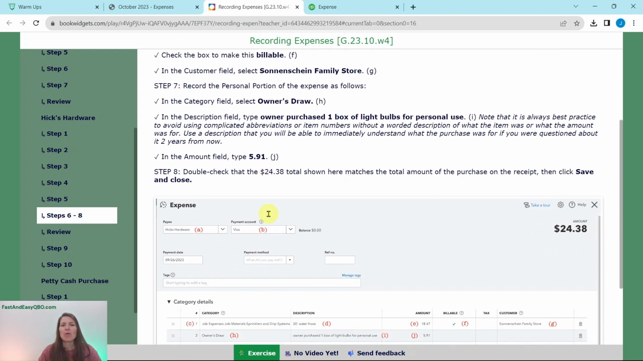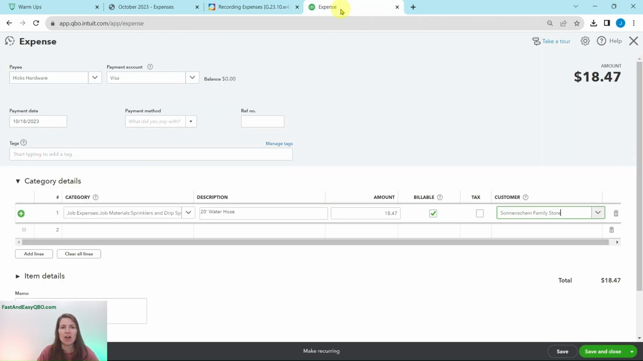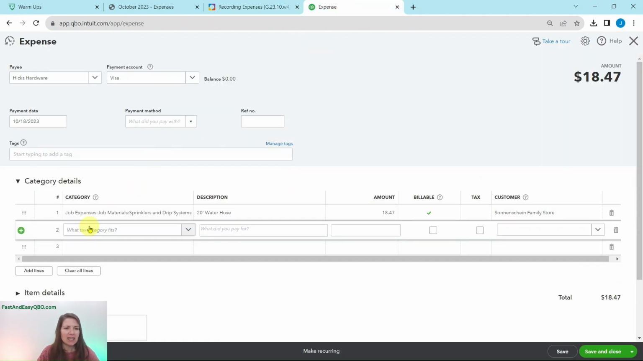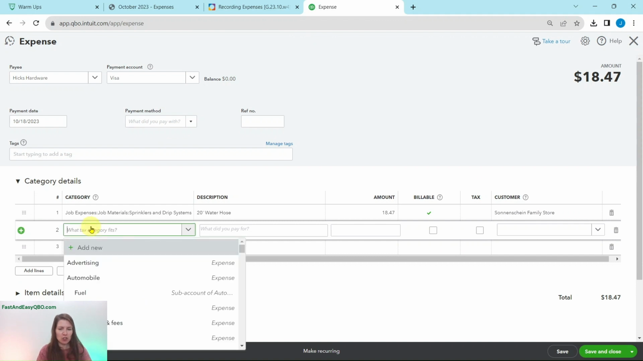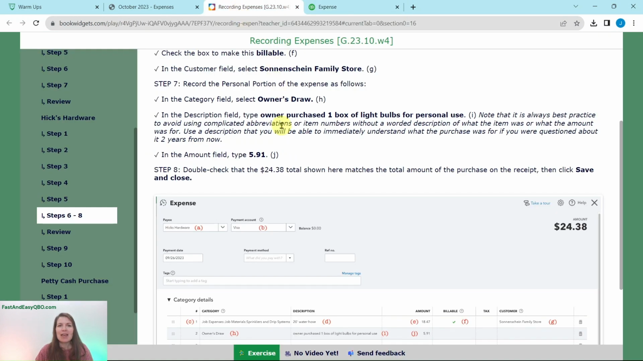And now we need to record the personal portion of the expense. So in the category field, again, on that second line, we're going to select owner's draw. Click into it 2 times. If you start typing in owners or owner, there it is, owner's draw right there. Click on that. In the description field, we're going to put owner purchased 1 box of light bulbs for personal